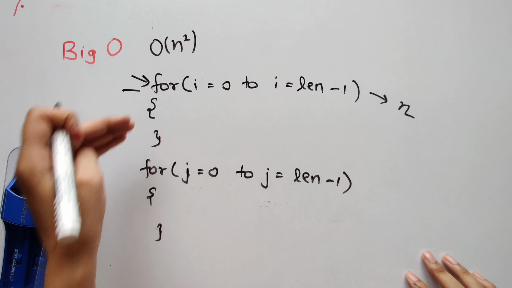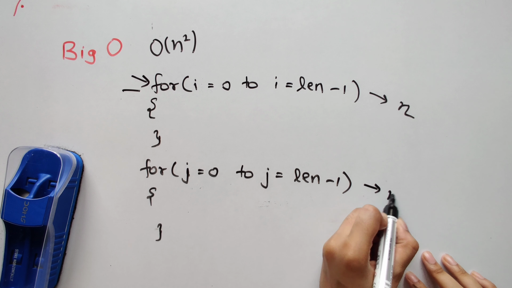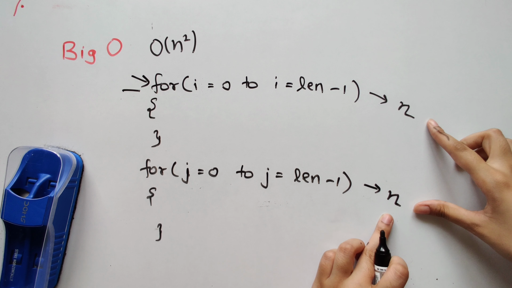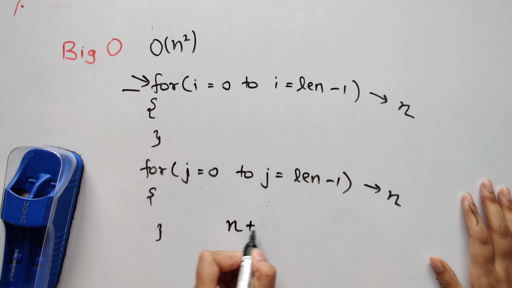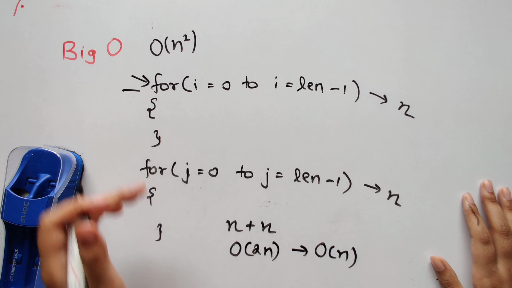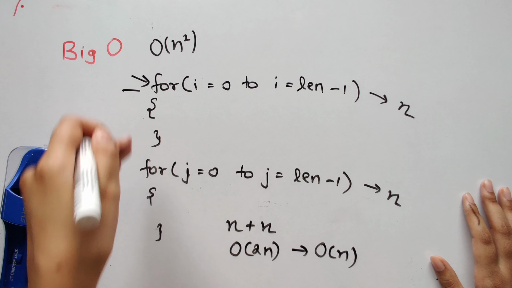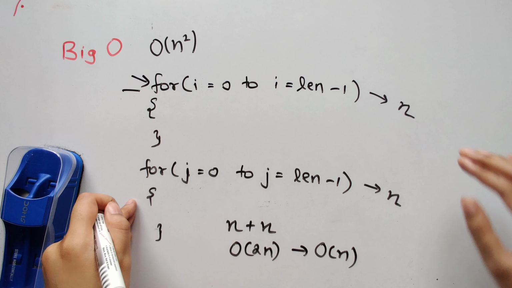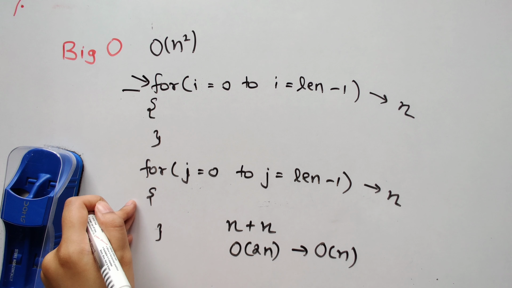However, if you have 2 for loops that are not nested but their individual time complexities are order of n, that is linear, then they just get added. That means the time complexity becomes n plus n, not n into n. So that is O of 2n, which is nothing but O of n. If they were nested, it would be O of n square. However, they are not nested, they are next to each other. Therefore, we have to take their individual complexities and add them, which is O of n.